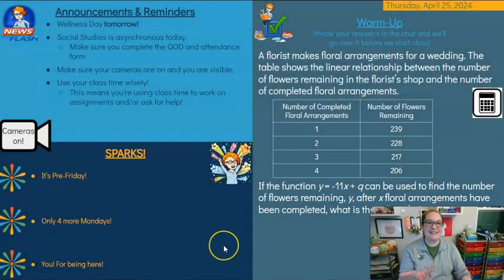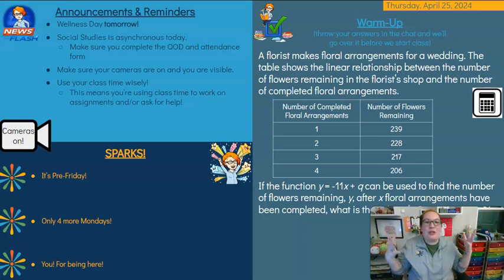To start out, every day when my students come in, they see a slide that looks like this. I always have our announcements and reminders, so you can think of those things that we usually would come over an intercom or would be shared during like a homeroom class. I keep those announcements and reminders not only for my specific class, but anything else that may affect my students, whether it be whole school specific, or in this case, social studies was asynchronous. They needed to know that that teacher would not be on Zoom that day and they needed to do some